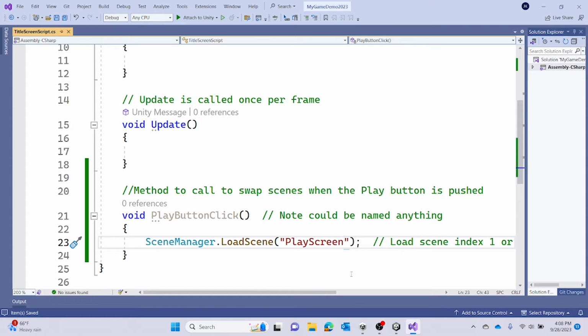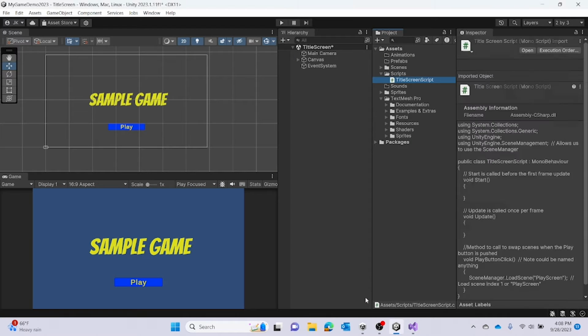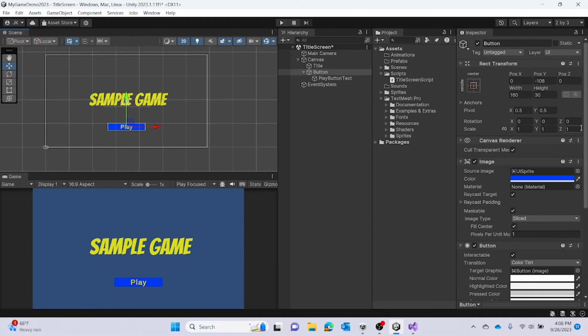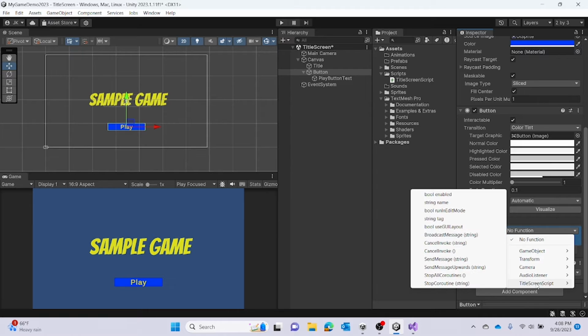All right, save that. And then we can go back to Unity, and our title screen theoretically is ready to roll. So now we need to go make the play screen. Oh, forgot, we have to attach that event. So in the button, find the events list, drag in the element that has your script on it, in our case, our camera, and you'll notice when I go to the list of events, methods that are available,